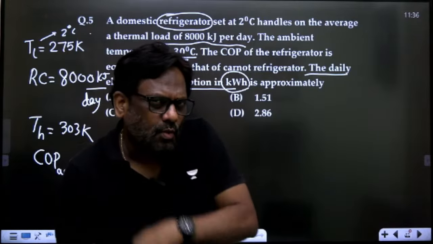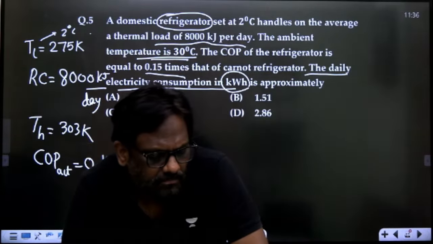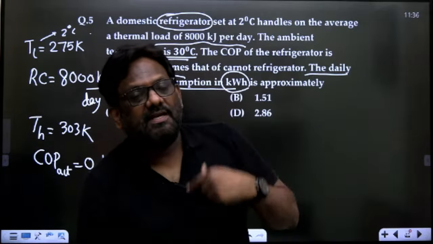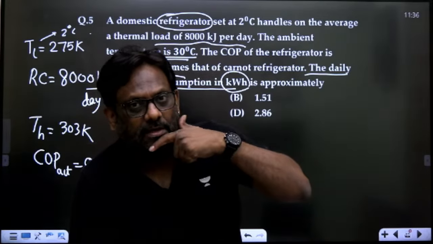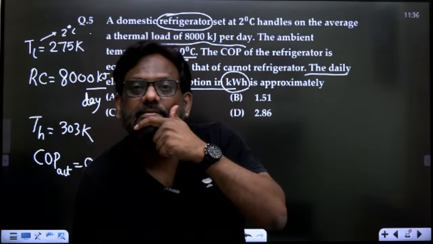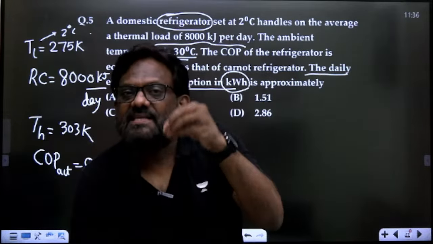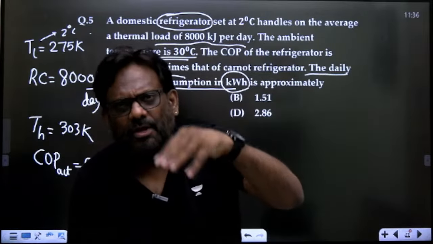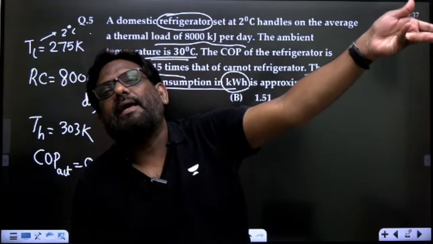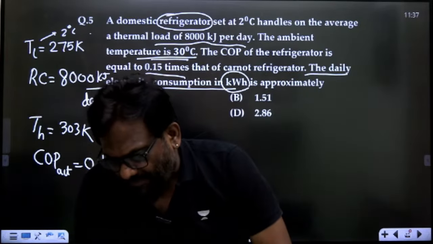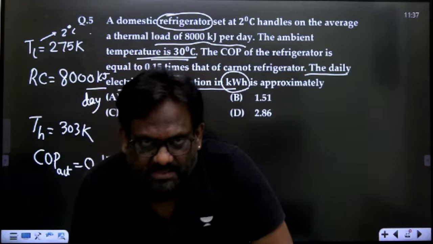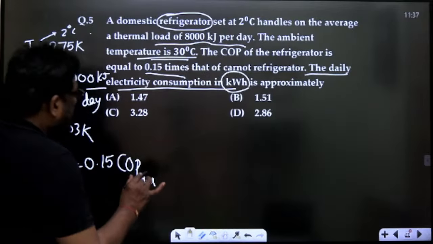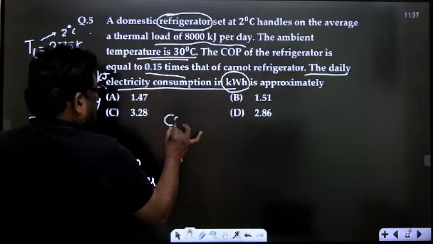ये इलेक्ट्रिसिटी क्यों कंज्यूम हो रहा है सर? बिकॉज मोटर इज रनिंग, वी आर सप्लाइंग पावर टू द मोटर। ये मोटर किसके लिए रन हो रहा है? कंप्रेसर को रन करने के लिए। मींस ही इज आस्किंग, कंप्रेसर पावर इनपुट इज नथिंग बट योर डेली इलेक्ट्रिसिटी कंजम्पशन। एक बार देखो सर, लेट अस कैलकुलेट द मैक्सिमम सीओपी।